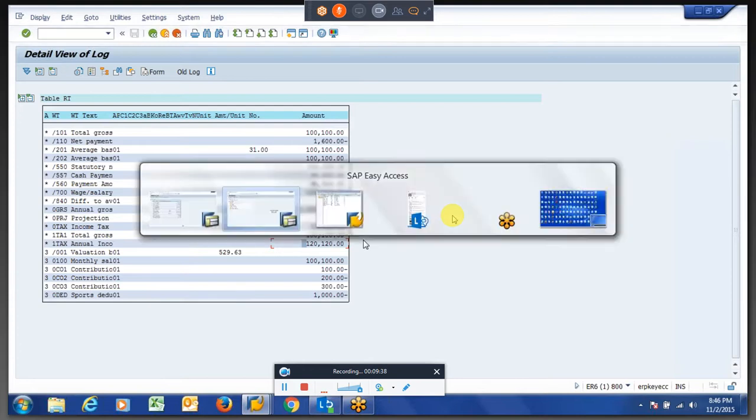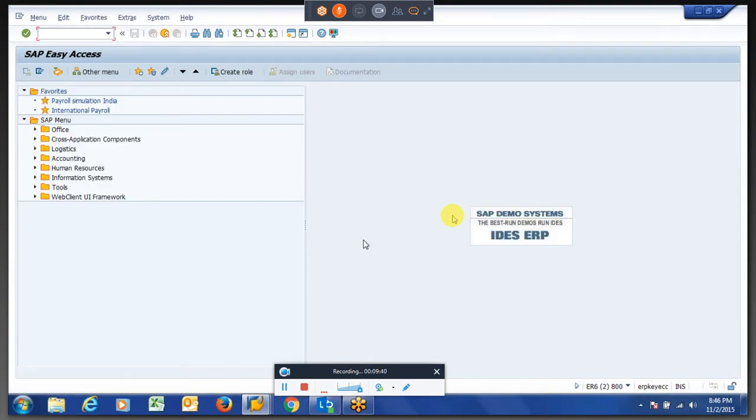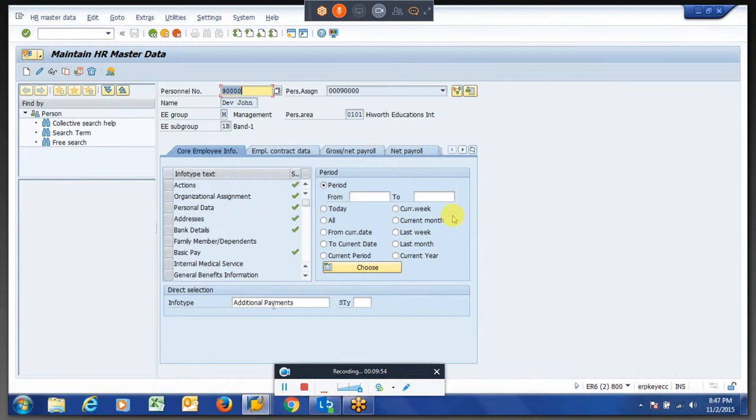So what we have to do is, let us say we have a few of the wage types which we maintained in Infotype 15 as of now. It can be from Infotype 15 or 14 or any of the wage types, or 57. I think I maintained it in Infotype 14.